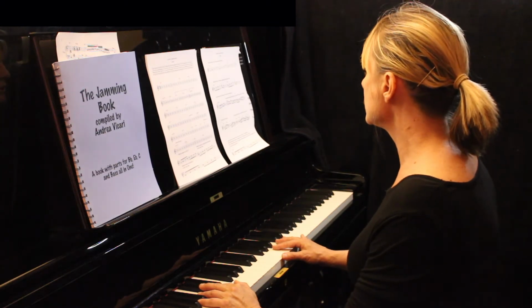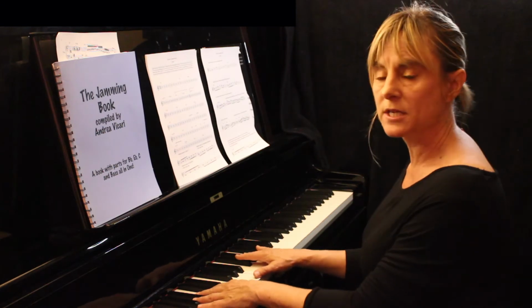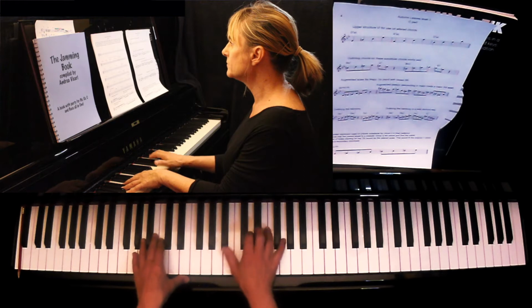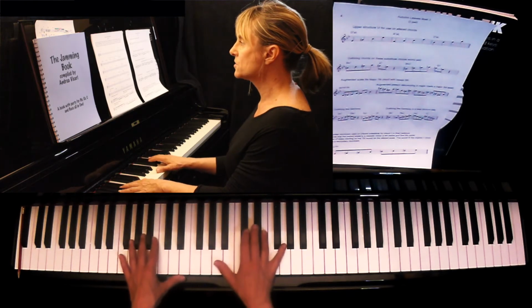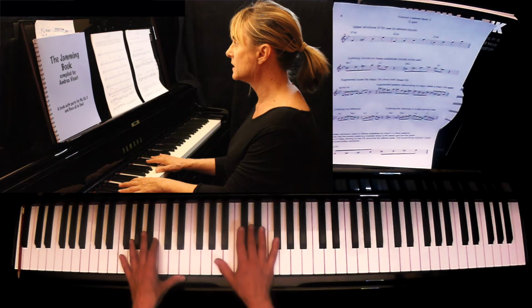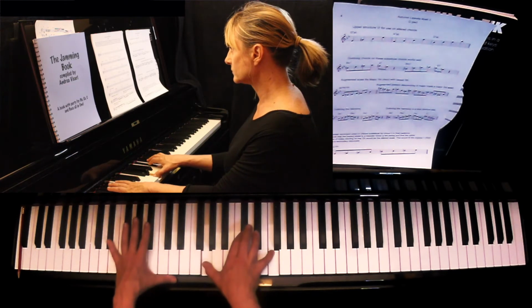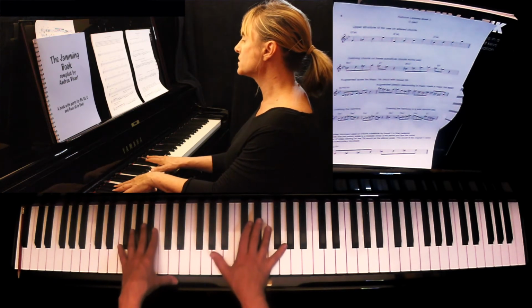I'm going to outline some of the harmony when the harmony moves quite quickly. So in bars 3 and 4, instead of playing chord 1, I've substituted chord 1 with a chord that's a semitone above. So you get this effect. I've also made it a minor chord. And this works